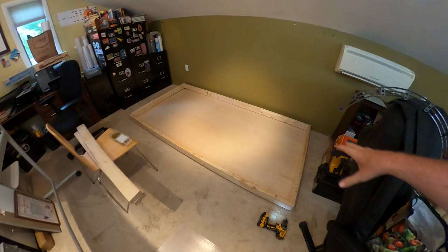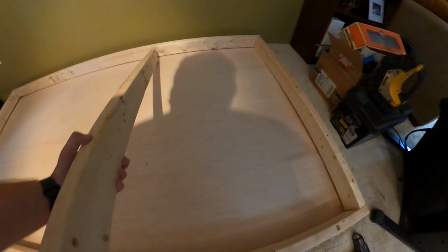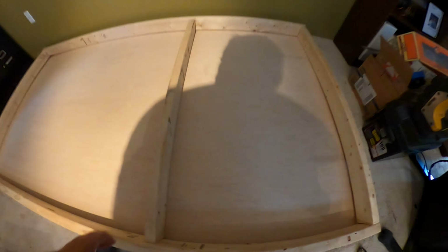Okay, you can see I have the main rectangle frame built. So now I can place the